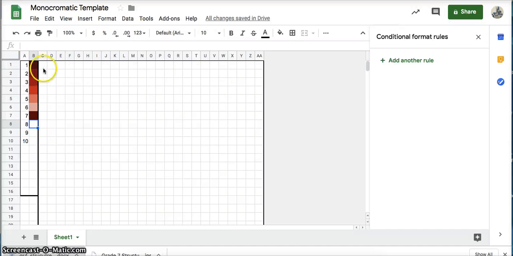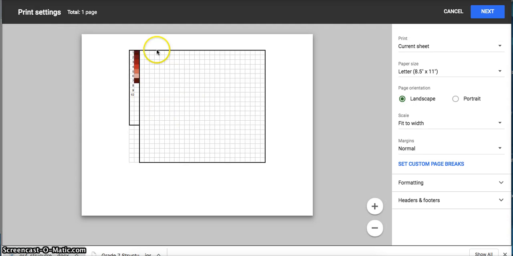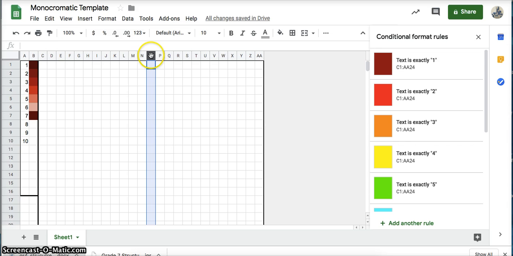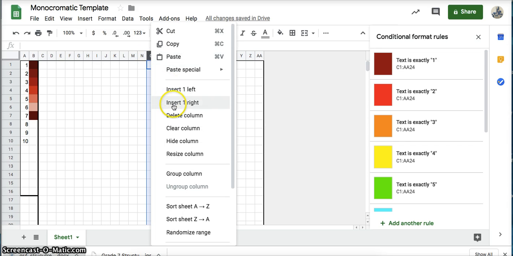Tips and tricks for setting up your workspace for your pixel art. I like to look at the print preview, and that's the size of my grid. So if you want it to take up more space than on a normal size piece of paper, then before you get started, just go anywhere in the middle and you're going to insert, so I right click, insert one